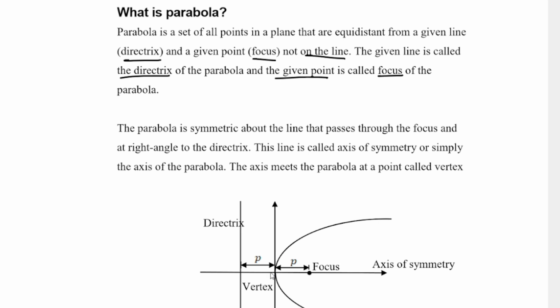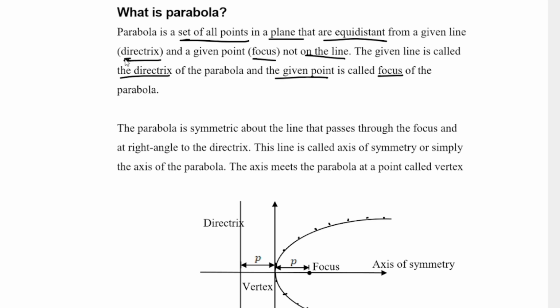Again, true, it means that this is a set of points. This parabola that you see here is a set of points. So the definition says that a parabola is a set of all points in a plane that are equidistant from